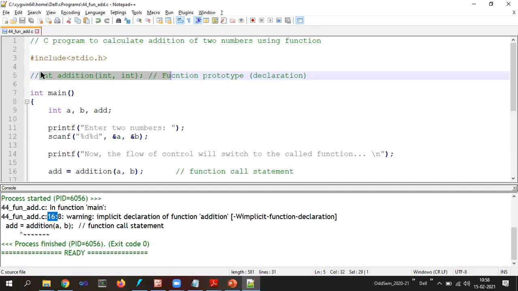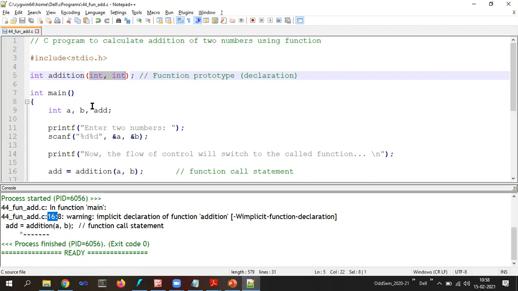How? By just writing the function declaration or function prototype, I will tell the compiler that I'm going to make use of the user defined function by this name, with the list of parameters prescribed in this parenthesis, which will tell the number of parameters, the data type of the parameters, and the order of parameters.